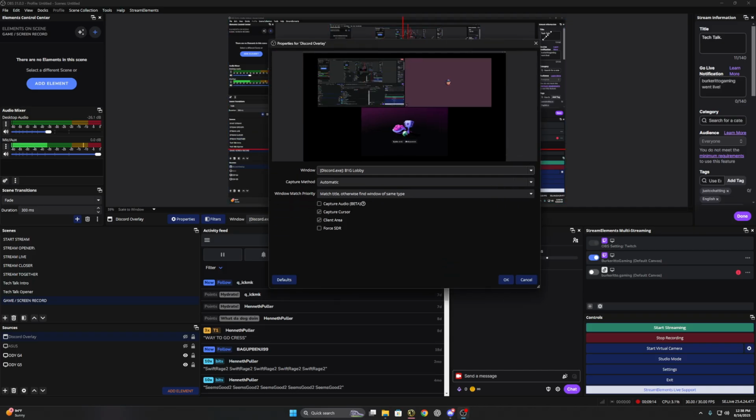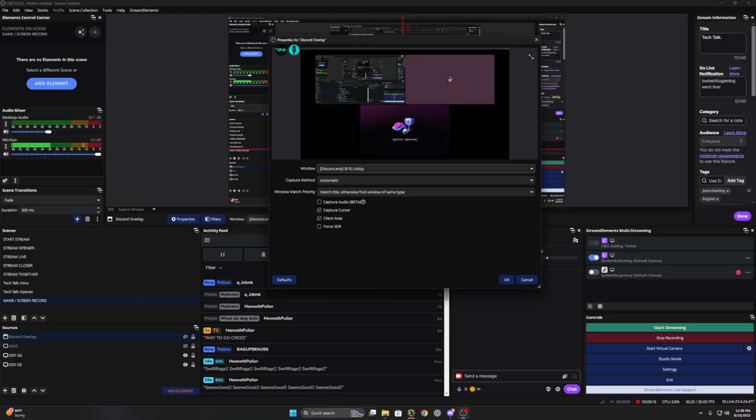Can't see that. I think it did. Okay. So you're going to go to the Discord B1G lobby and notice that it doesn't say Burkerito Gaming, because now it's created its own source or window capture to be linked up. Now, whenever you hit OK,